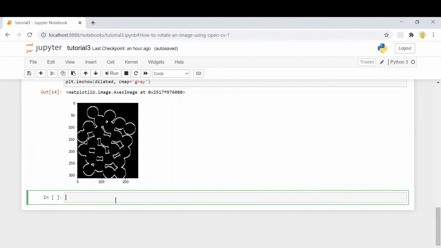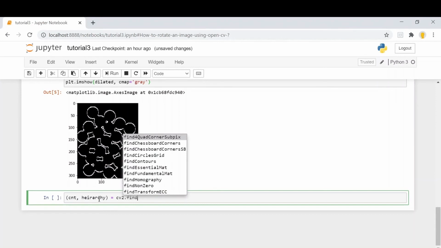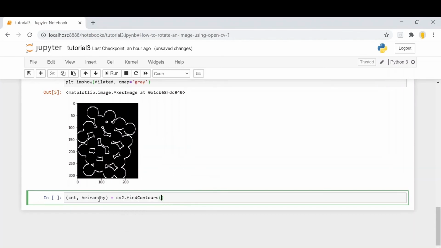Now the next step is to calculate the contours. So now we'll find the contours in the image. The first parameter is our input image.